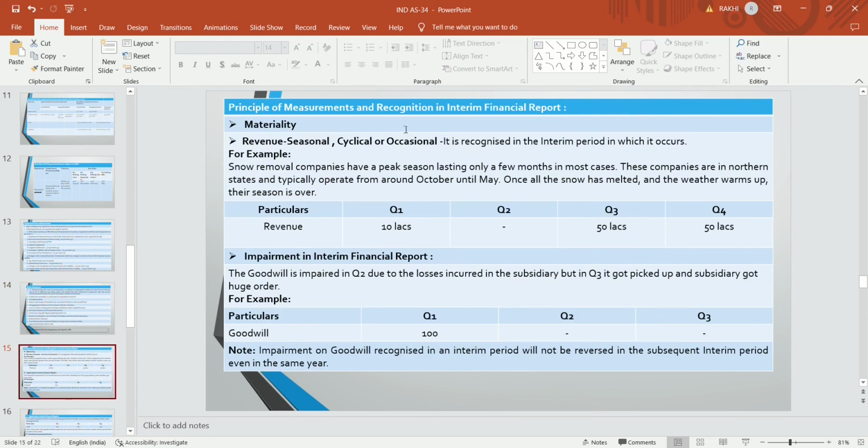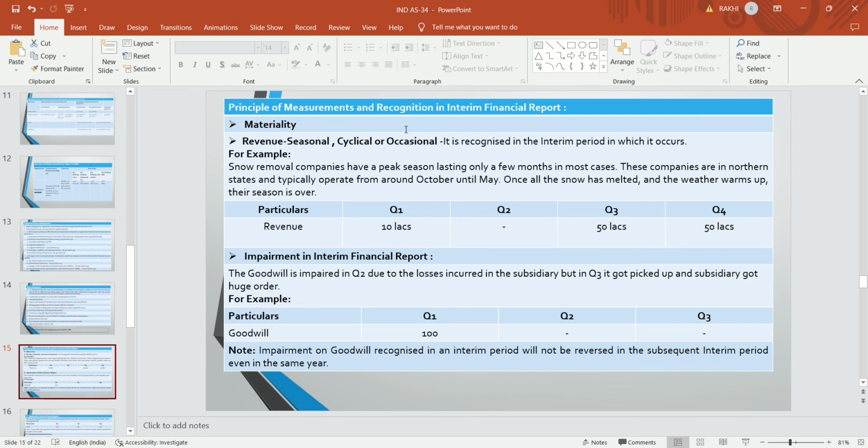Now principles of measurement and recognition in the interim financial statement. Materiality. If the transactions are material, as we have taken the example of Reliance. Reliance is having an annual turnover of 40,000 crores. And during that interim period, if there is a transaction which is of 1000 crore, which is not material, but which is of 10,000 crore, then it is material. So materiality is checked